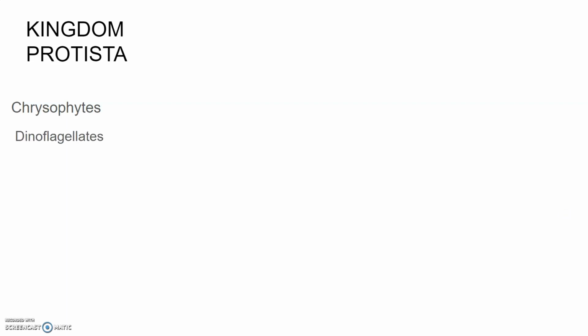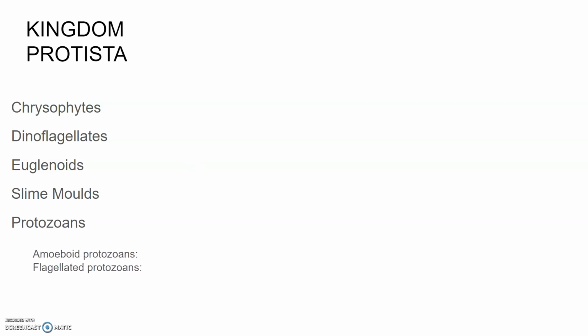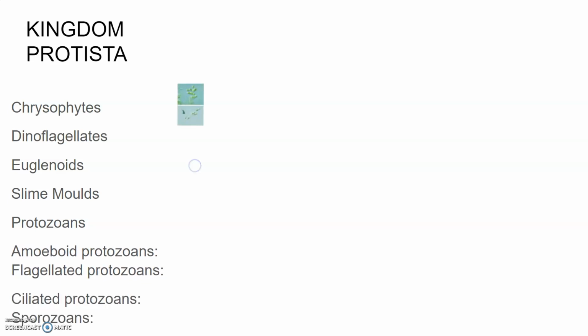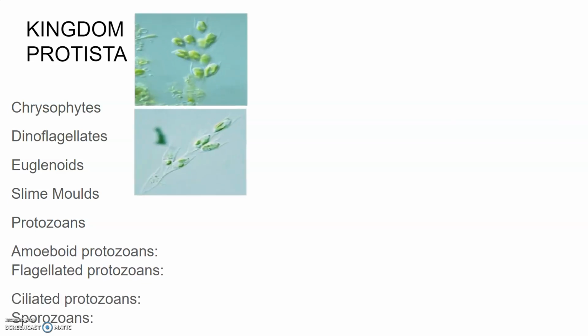So let's talk of Chrysophytes first. Now this group includes diatoms, golden algae, desmids, and they are freshwater. So apart from Chrysophytes, we have dinoflagellates, euglenoids, slime molds, protozoans, amoeboid protozoans, and flagellated protozoans. So let's talk about